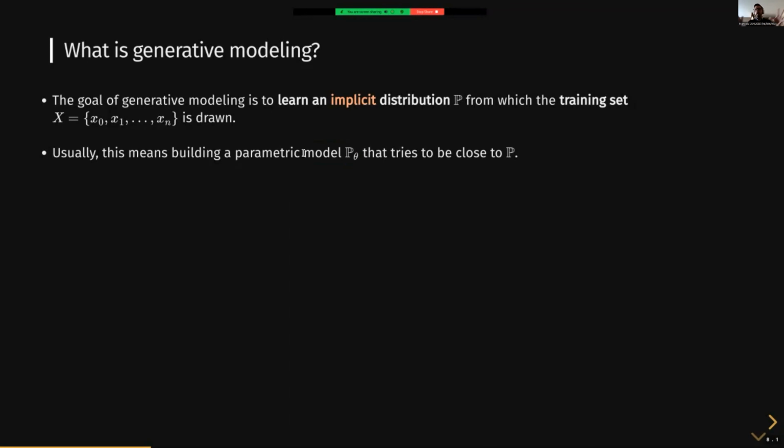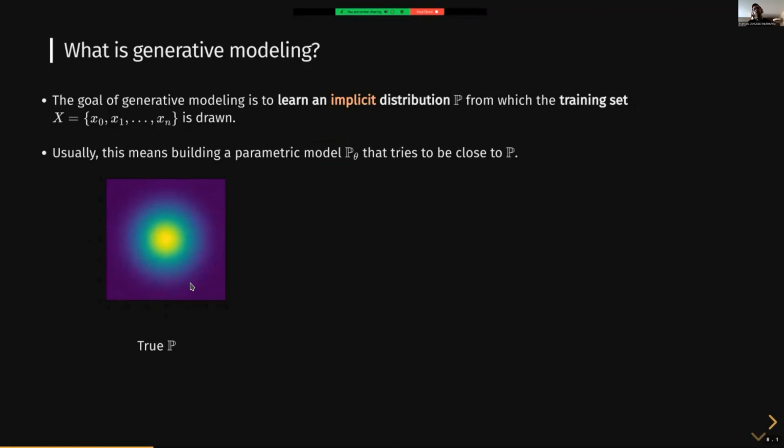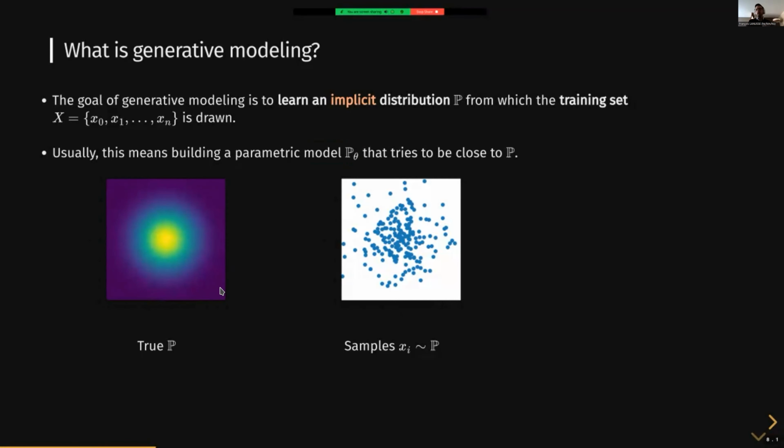Okay, so it's a little bit abstract. So let's see in practice what this would look like. I'm taking a true distribution P. That's the simplest distribution you could think of, just a Gaussian. And then I'm saying that I have access to samples from the Gaussian. So if I don't know this underlying distribution and all I have access to are these samples, those points here, then I'm really in the case of this implicit distribution business.